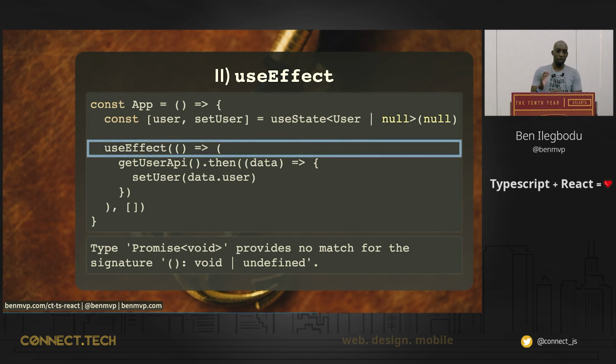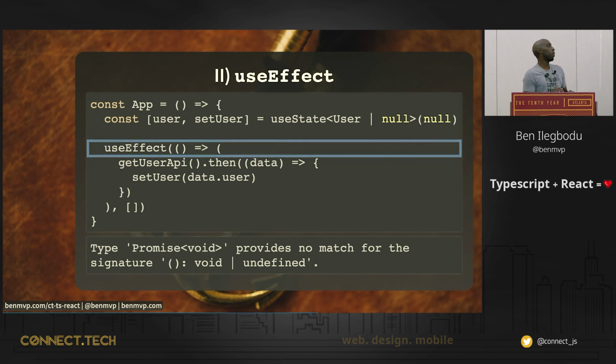Okay, so let's talk about useEffect. Generally, there's nothing special about useEffect because it's a function that takes no parameters, right? And we usually don't return anything from useEffect as well. Although you can return what's called the cleanup function, I guess. So if you look at this code, it's kind of sneaky here. Looks exactly like the code before, except that I'm using parentheses instead of curly brackets to define the function, which if you're familiar with JavaScript, that means it's an implicit return. So I'm actually implicitly returning a promise.